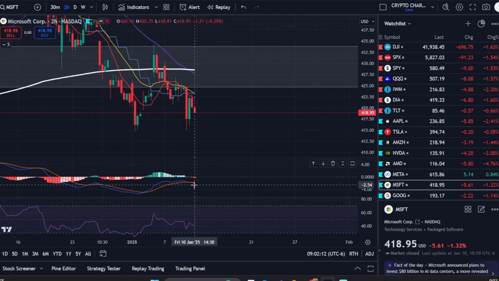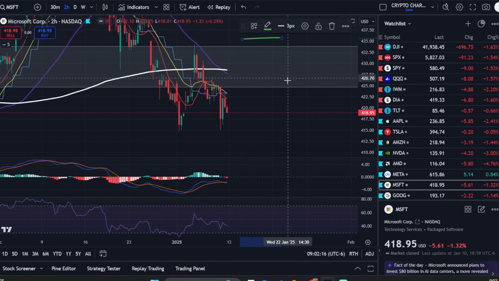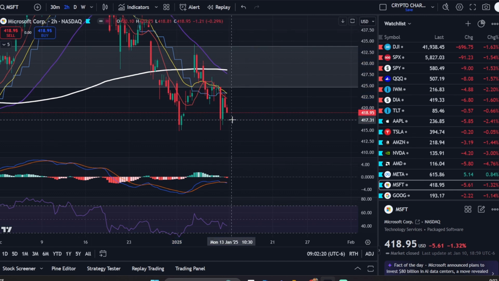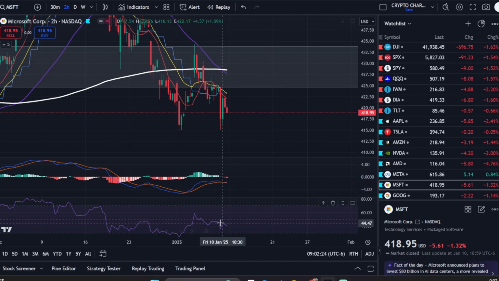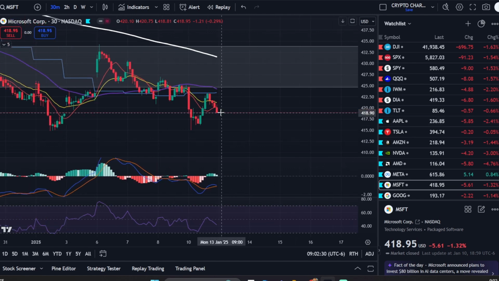So if this 2 hour can curl up, where are we going to go? Well, we could actually end up testing these highs and going to make a new one. We're making a pretty good floor here as of right now, whether you want to call this divergence or a higher low. Either way, it's really close to the center line, so I like it. You're seeing that on the RSI. That's great. The 30-minute is what I'd be watching in case we are going to make some kind of downward